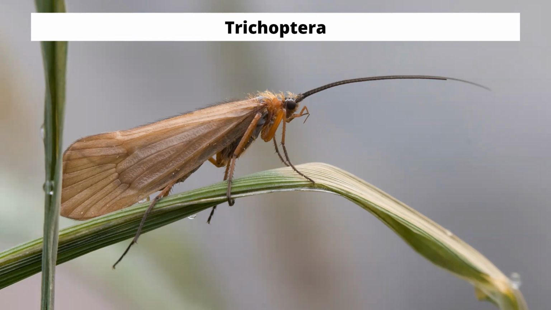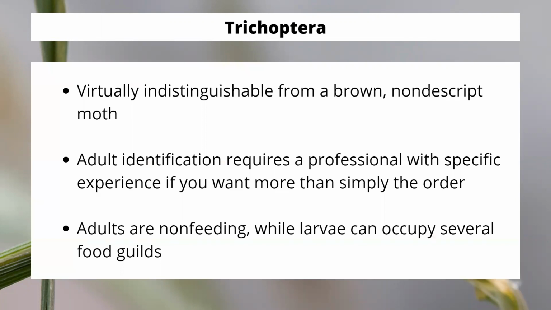So what I want to do is, well, you could see the adult here. The adult's going to look a lot like a moth you might see. What I want to do is show you the larva and inform you a little bit more about what the larvae are going to do. Now, like I said, these things are going to be virtually indistinguishable from moths. You're going to see them flying around, and unless you know what you're looking for, you're going to think it's just another moth flying through the air. And I already mentioned the challenges involved with the adult identification.